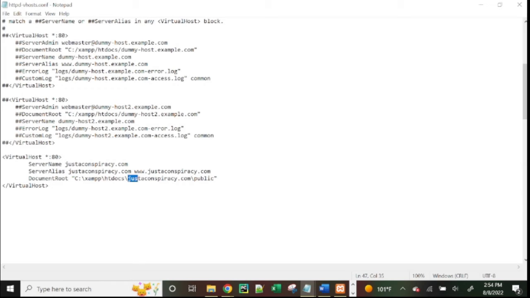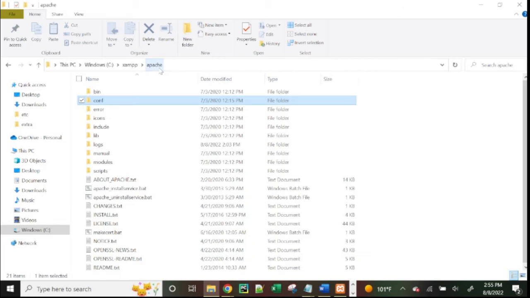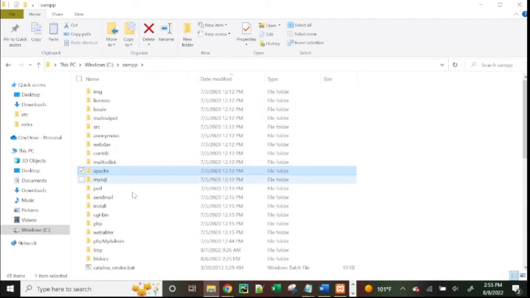And if it doesn't see it, then it's not going to work. So we saved it. I'm going to save it again just to be on the safe side. I'm going to minimize, actually I'll just close it. Now what we're going to do is go into our actual